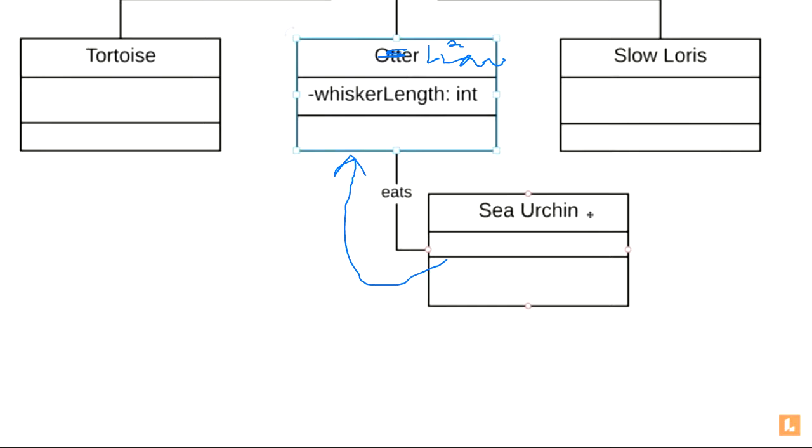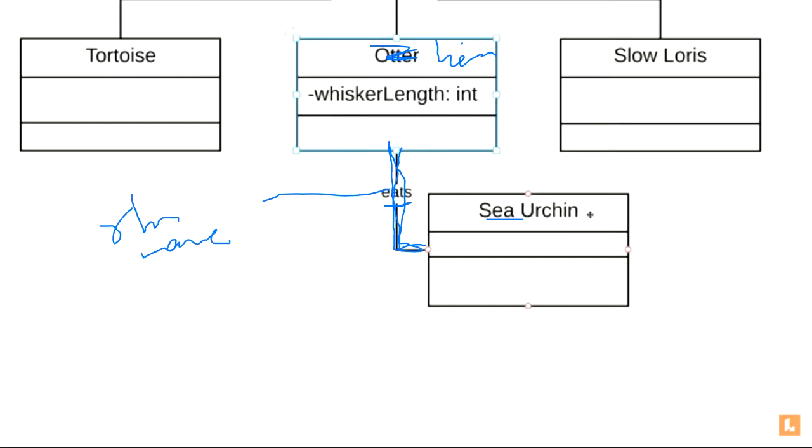Okay, so that is why either you can use directed association by giving an arrow here, or one more functionality is provided in class diagram, that is the relationship direction. For example, if this is your lion and you are writing a relationship, you have drawn one line here, that is your association line. You have associated lion with sea urchin. Then you can write on the association line eats, meaning this is the relationship name. What is the name of the relationship between these two? Eats. Now if you want to show the direction in which we have to read, you can give a relationship direction also with eats only.